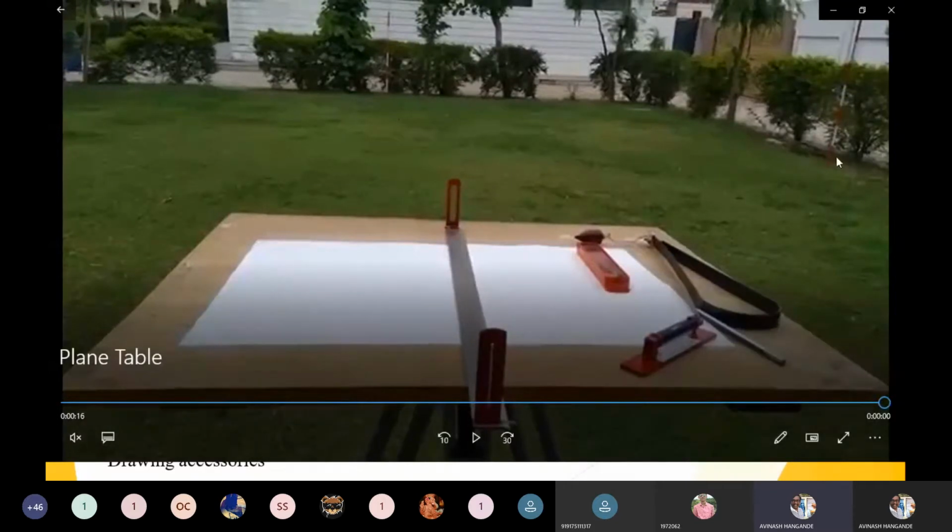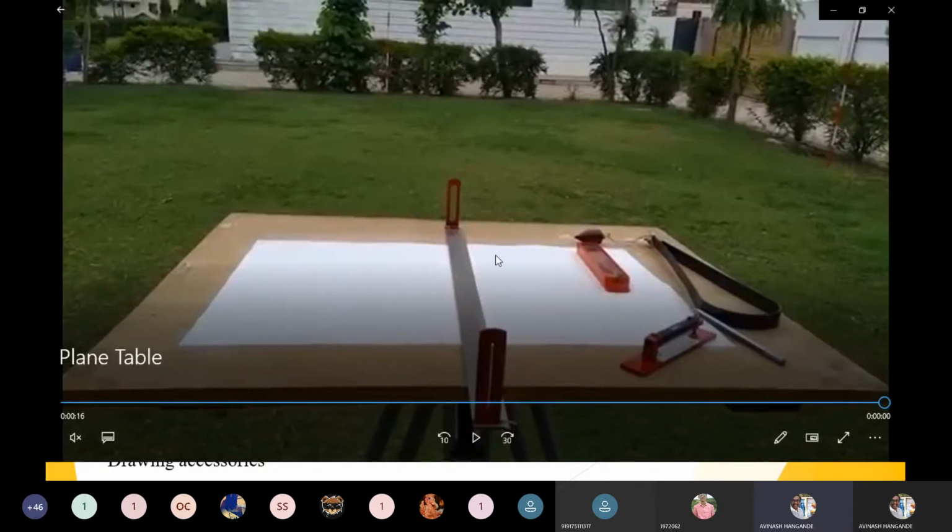So these poles are the station points. Okay, and we have to draw these poles. So this station point over this sheet. This is your first point, where your sheet is, where your plane table is fixed. This is the second point. This is the third point. So you have to draw these points over this drawing sheet.